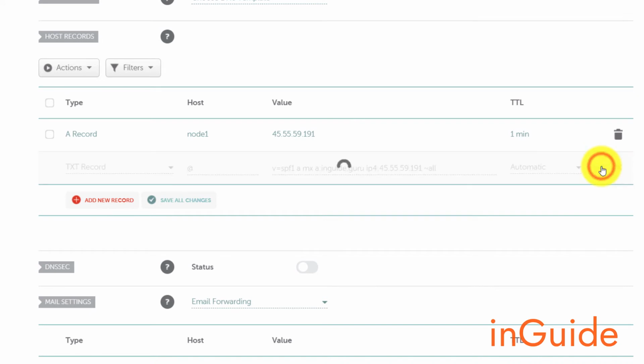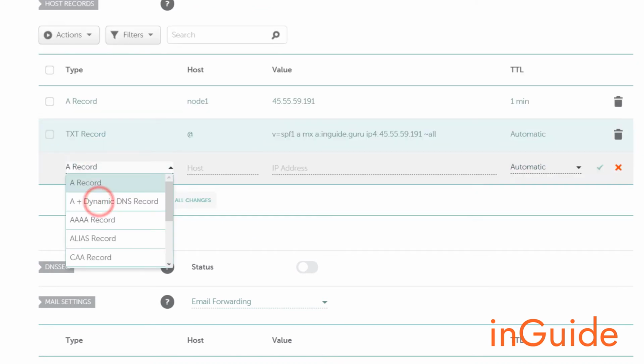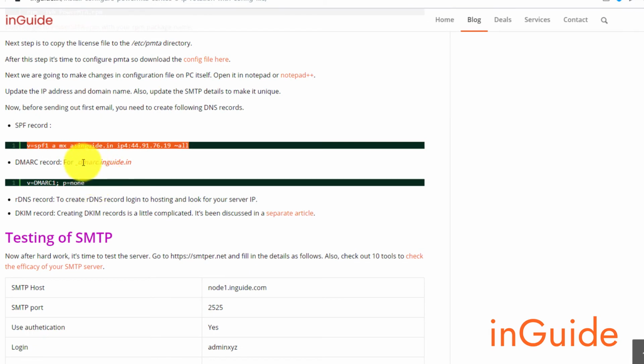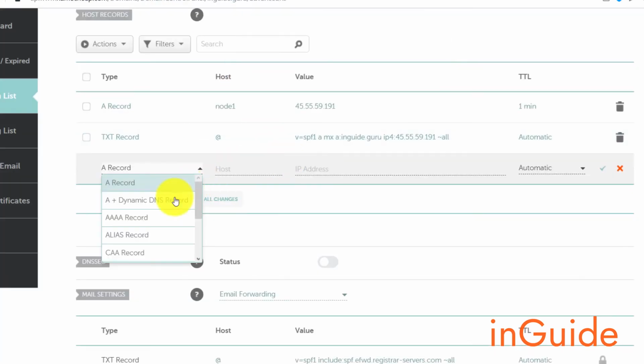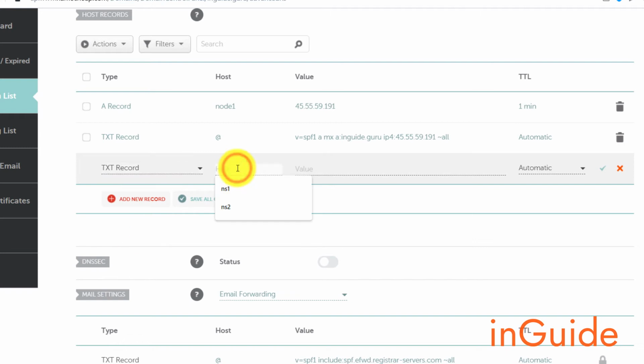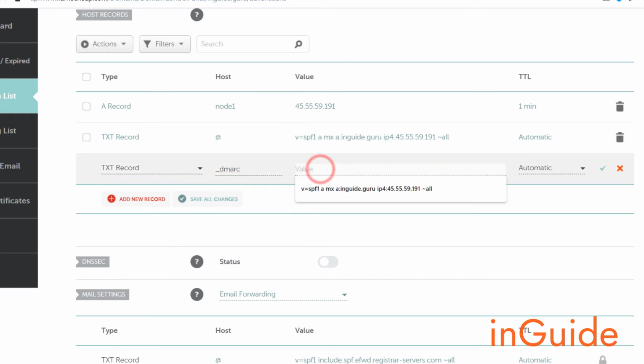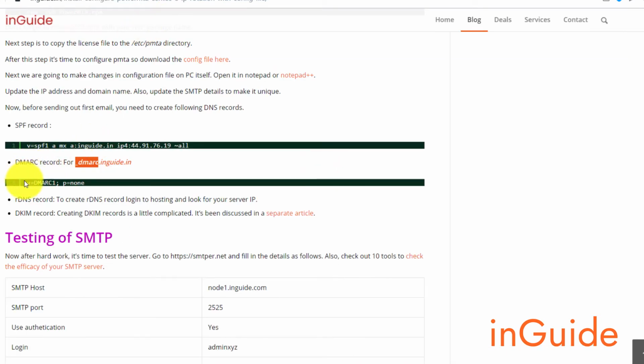Next, the DMARC record. So again click on add record. Okay, let me copy this part _dmarc. Select TXT record here, in host _dmarc, in value copy it from here, paste it, and save changes.